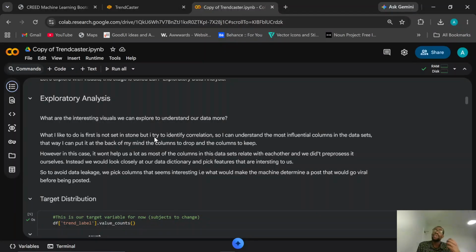When you're working with your data set, you need to be curious. You need to explore your data set so you can get the full picture of what you're working on, and getting a full picture is going to help you understand your data set.